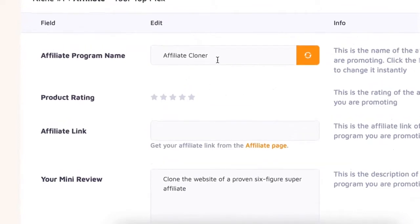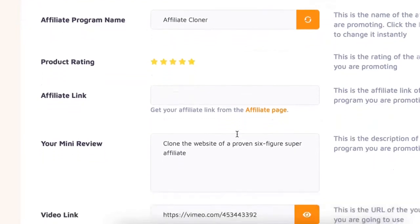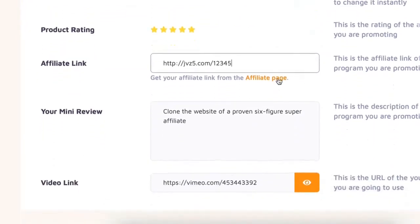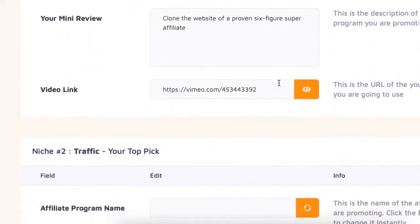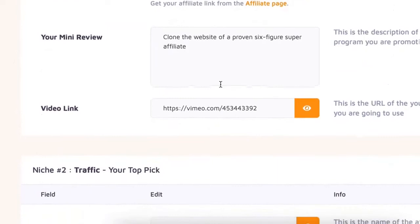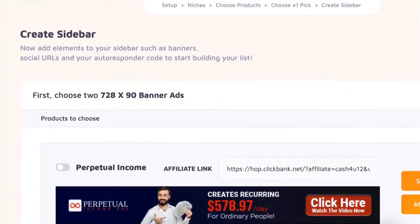So if you just click this button here, and then remember to rate it. Remember, you need to go to the affiliate page to get the actual link, but for the sake of time, I'll just paste the JVZoo link. Again, click. Okay, so then what it will do is next, you'll be able to choose from 2 728 by 90